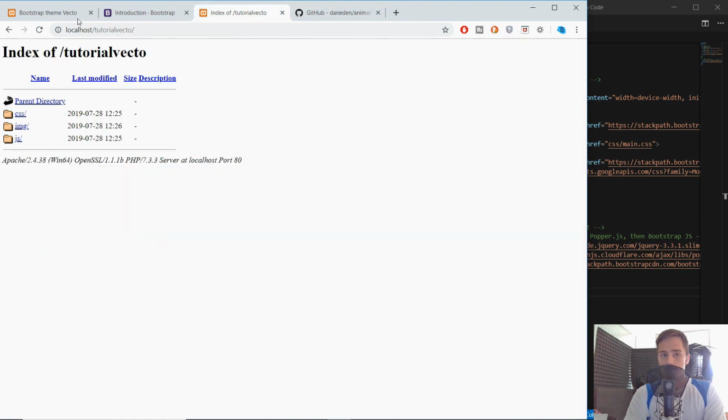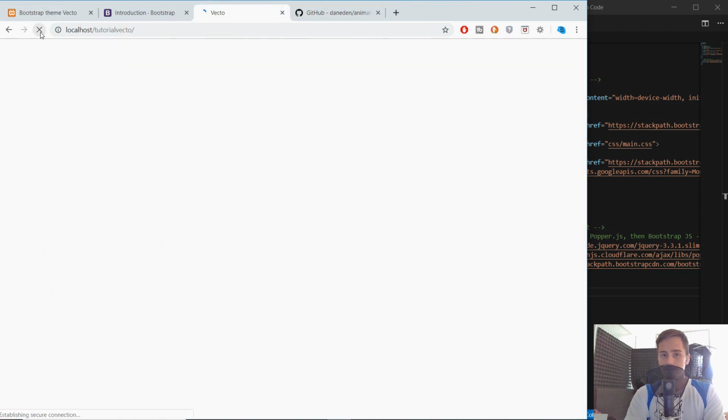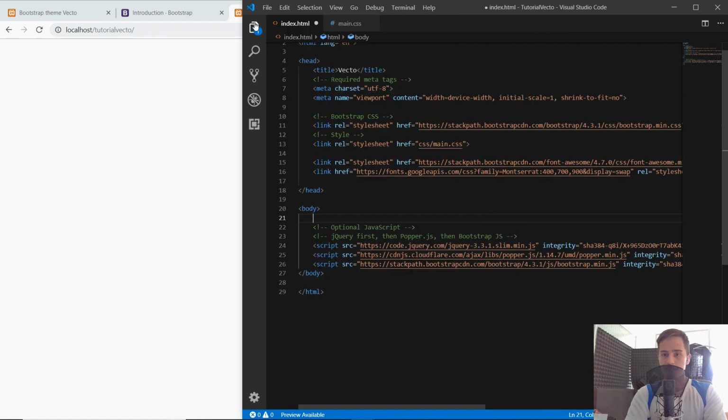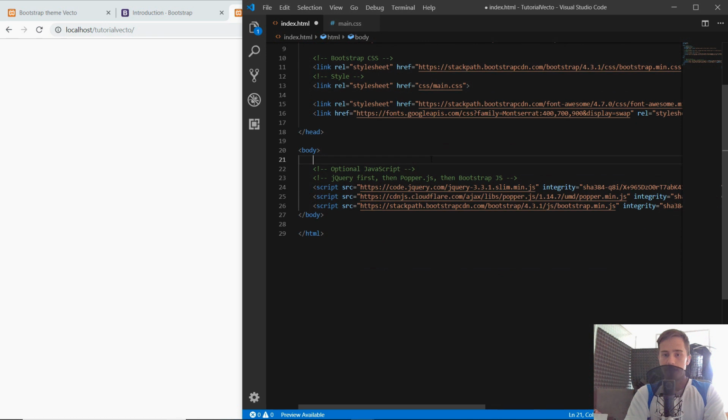Cool. So let's actually reload the page and see how it looks. There should be nothing. Okay, the title is correct. So let me actually get started with the navigation. So inside the body, I will just close this thing so we have more space,